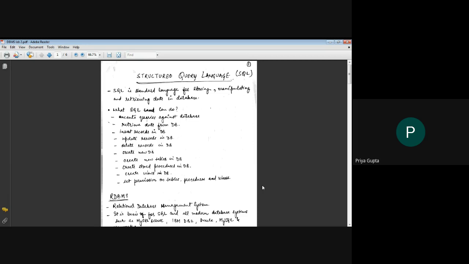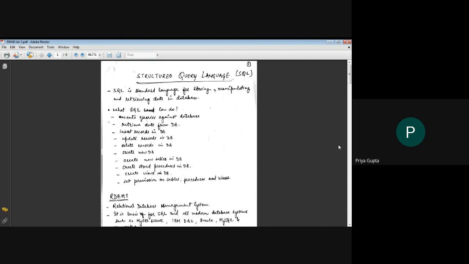Hello all. Continuing from the last lab, where we discussed the different types of DBMS language, today we will study more about SQL. In the last lab we discussed DML, DCL, and DDL. DDL is used to create the structure of the table. To put data in the table, we use DML commands. To provide access controls to users of the database, we use DCL, or data control language, commands. So today we will continue with the structured query language.